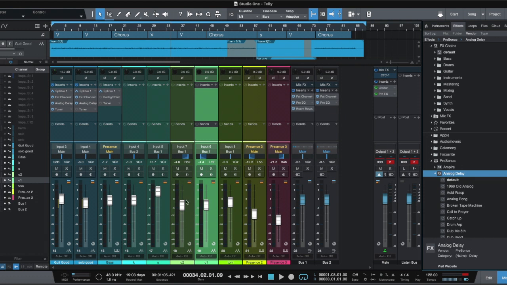So down here, these are the faders, so you can increase the level, you can turn it up or down, and this tells you the dB. This is negative 4.8 decibels, and this one is panned to the right,